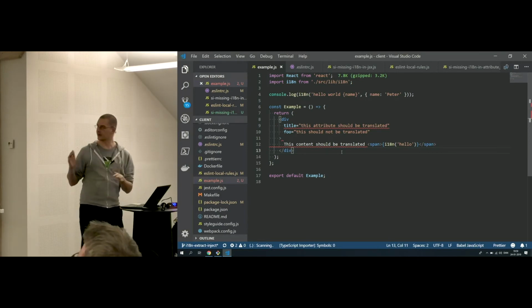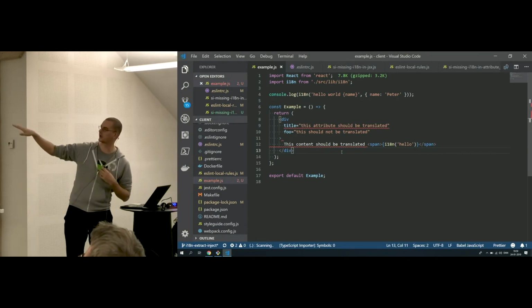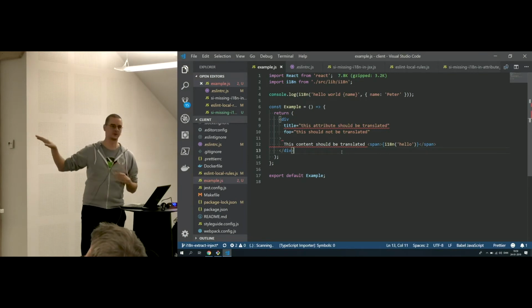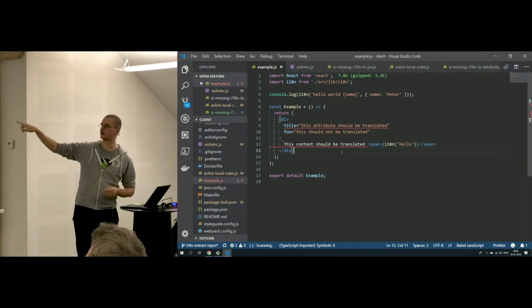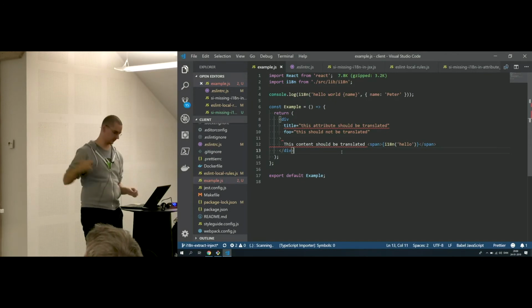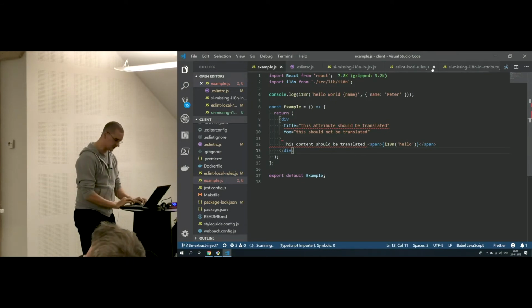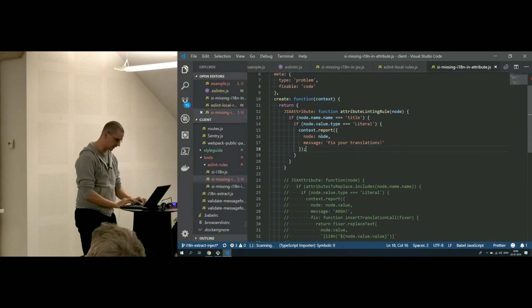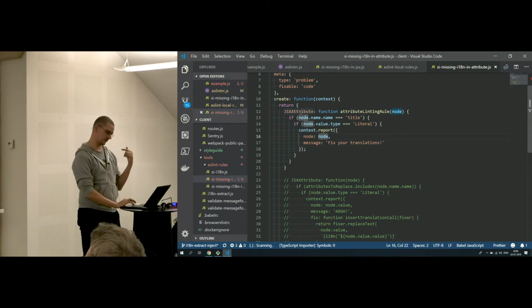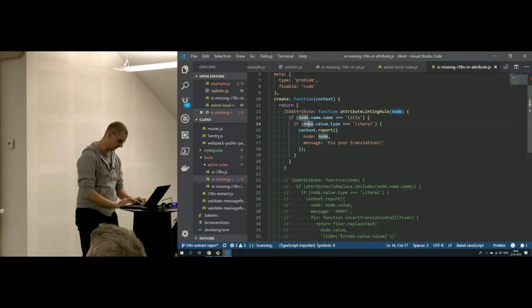Okay, it actually worked. But not quite as I expected it to, because now we're suddenly highlighting the entire attribute, not just the value. And what's actually wrong is that I have a string; the title is not wrong. That should actually be there. So we can change the attribute to say, okay, it shouldn't be the node, which is this one over here. It should probably be the node dot value, right? So if I put node dot value,